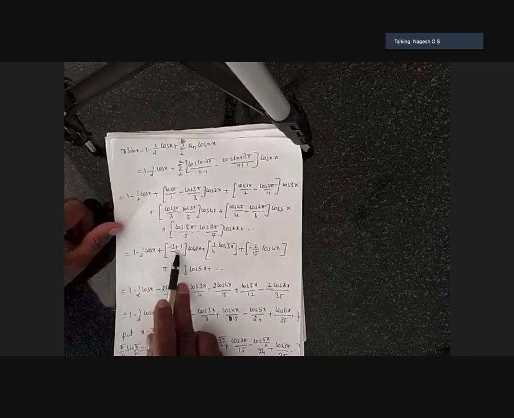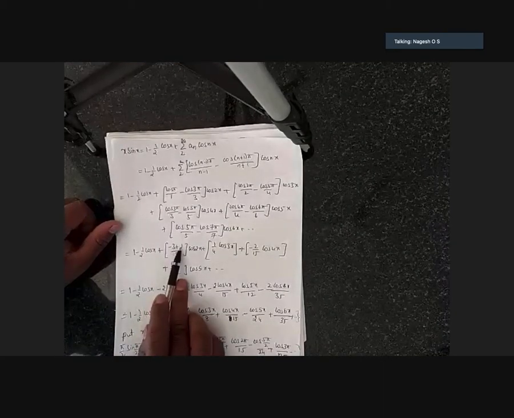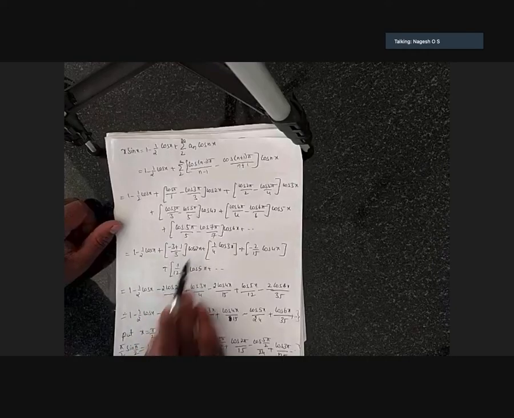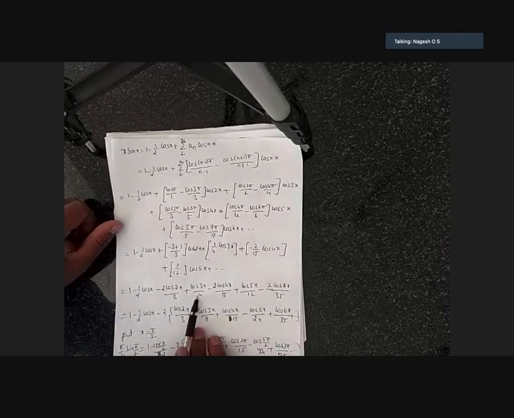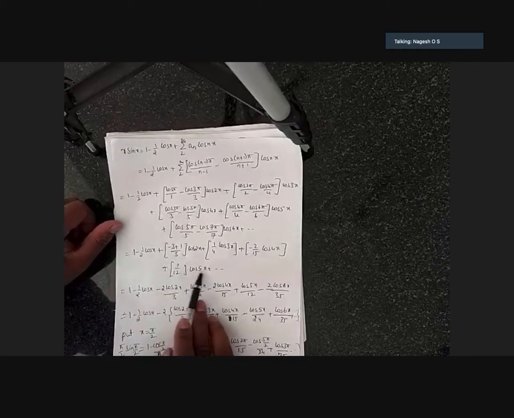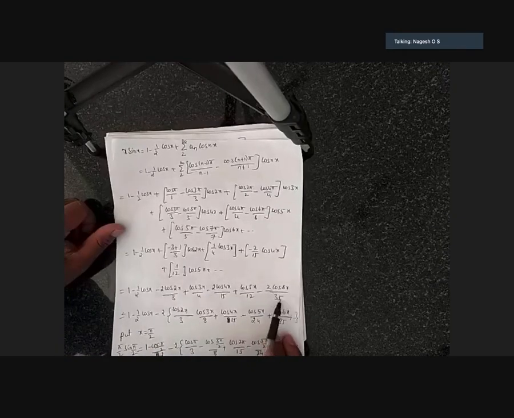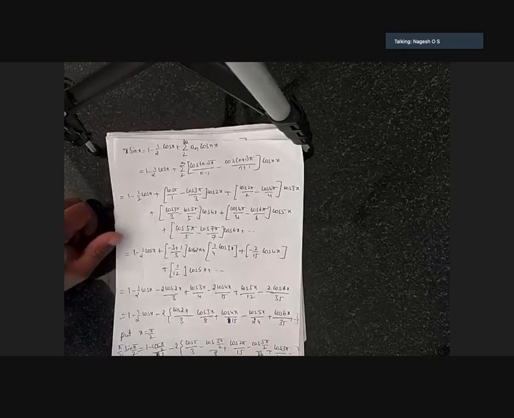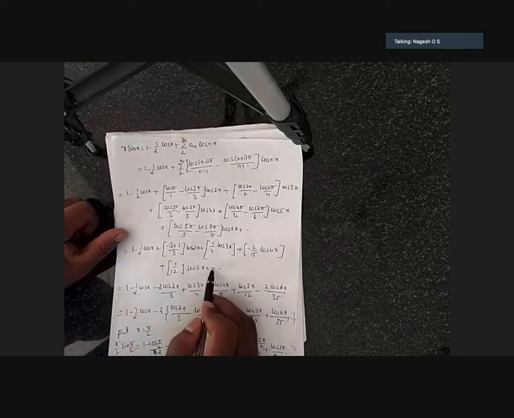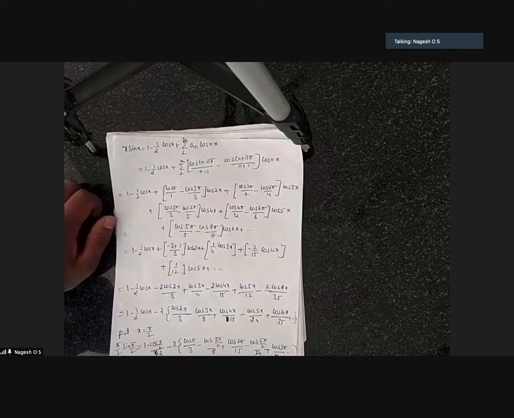Next, if you take LCM in this, minus 2 by, after subtraction, minus 3 plus 1 is minus 2. Minus 2 cos 2x by 3. Here cos 3x by 4. Here minus 2 cos 4x by 15. Here 1 into cos 5x by 12. Next term will be minus 2 cos 6x by 35. Cos 6x I haven't written here. You write that, you will get minus 2 by 35.